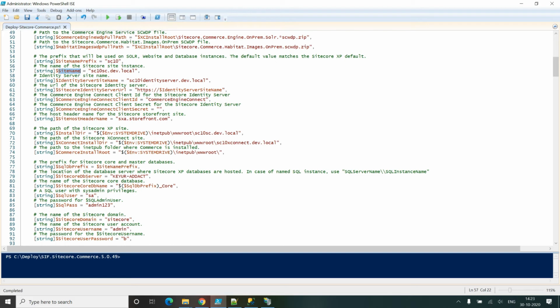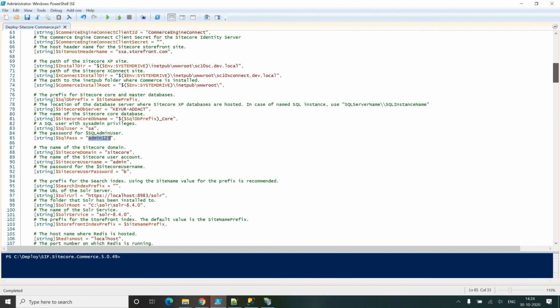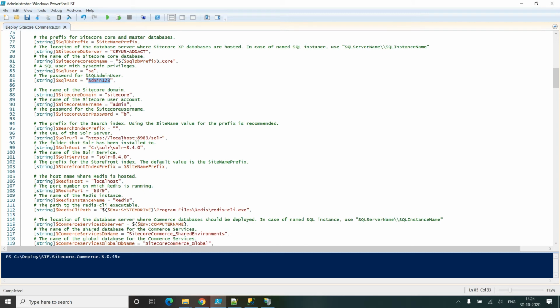Apart from this, I gave the Sitecore instance name, identity server name, my Sitecore root folder name, and the xConnect root folder name or folder path over here, then the SQL Server name, username and password, and last I put my Solr URL, Solr folder path name, and Solr service name.